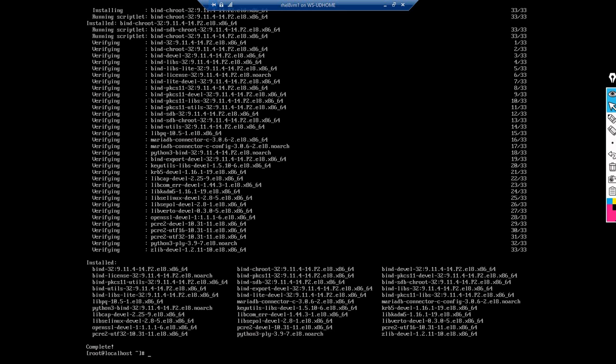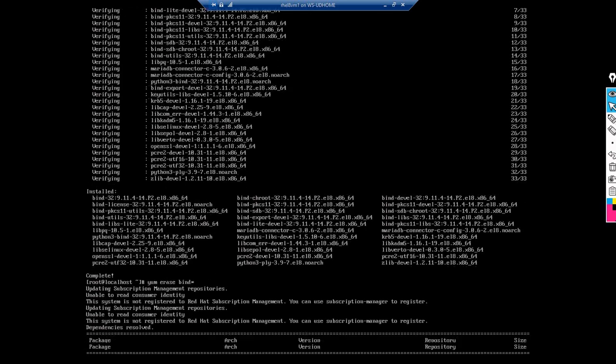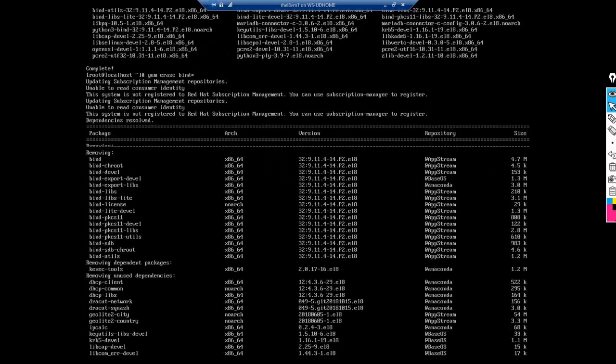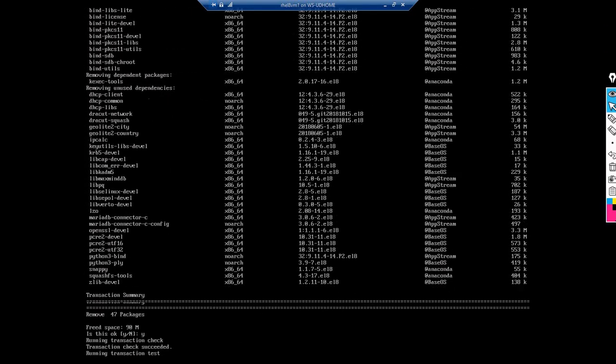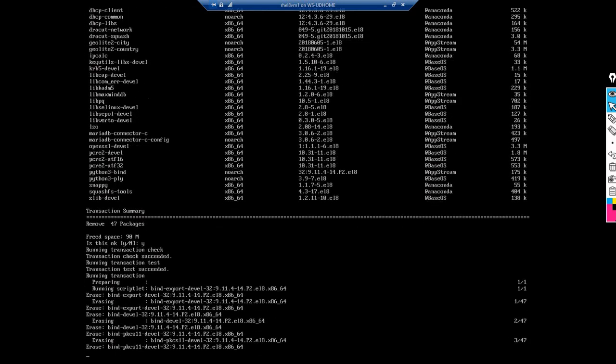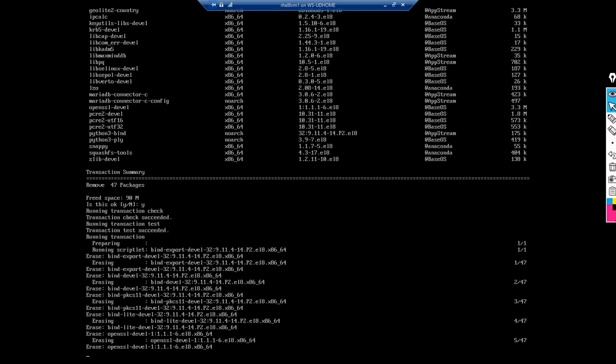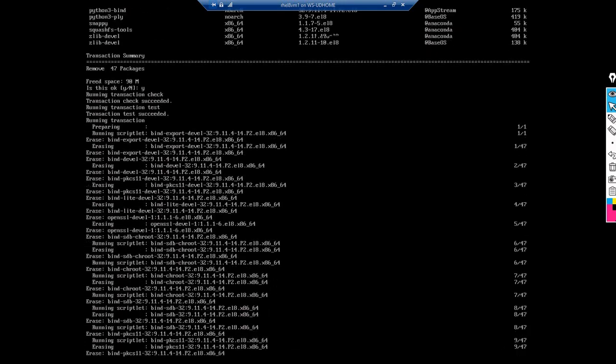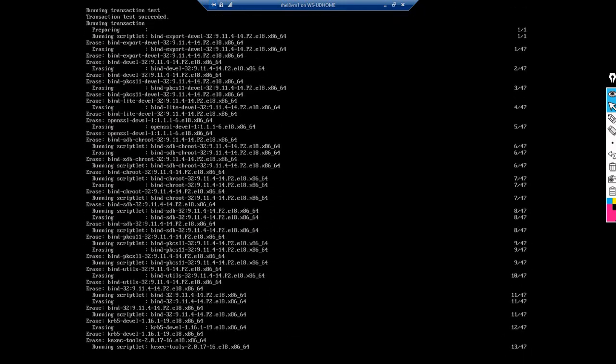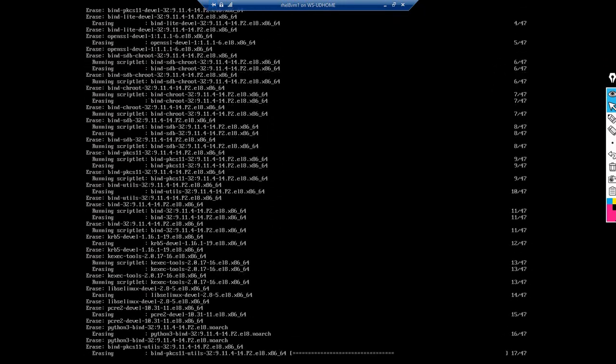So if you want to uninstall that package, yum erase bind*, the package will get uninstalled from the client machine. So like this we can uninstall the package. Instead of yum you can also use dnf. Both the tools are almost similar in functionality.